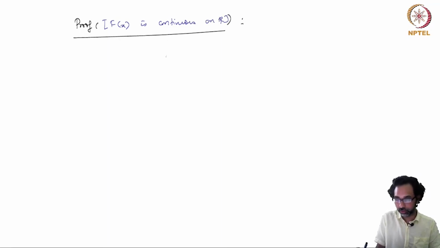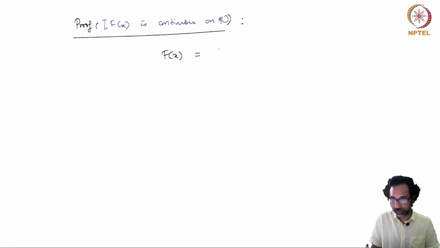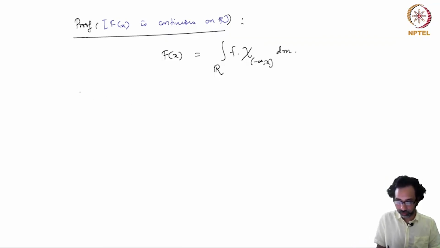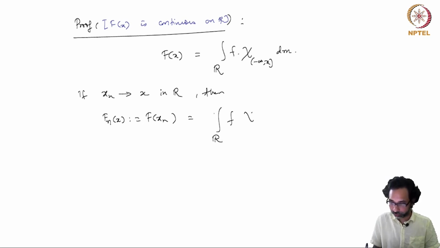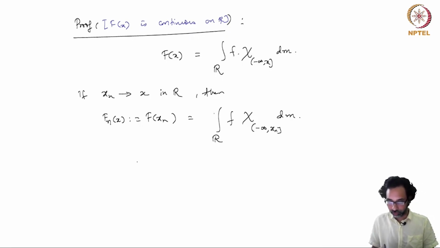So how do we prove this? This is easy, because if you write F(x) as the integral of f times the indicator function of minus infinity to x dm, then if you take any sequence x_n converging to x in R, then F(x_n), so let me write this as F_n of x, which is F(x_n), is the integral over R of f times the indicator function of minus infinity to x_n. And so we have to show that